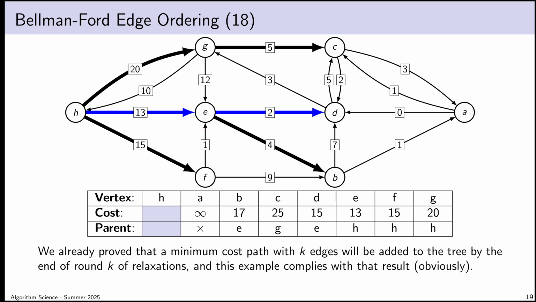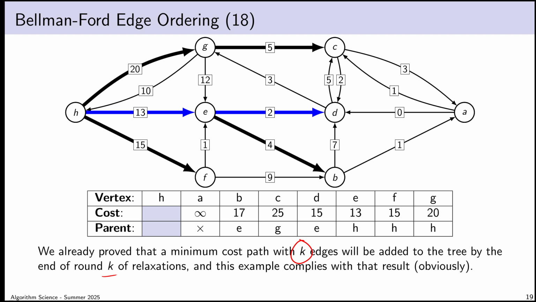Also, one of the ways that we know this is because we have proven that if a minimum cost path has, let's say, 7 edges, then that path will be in the tree after 7 iterations of the loop. And in general, the proof of correctness was if a minimum cost path happens to contain k edges, we are guaranteed that that path will be in the tree by the end of k iterations of the outer loop. Maybe sooner if we're lucky. And basically what we're investigating is how can we assure that we're going to be lucky? Is that something that's easy to do?